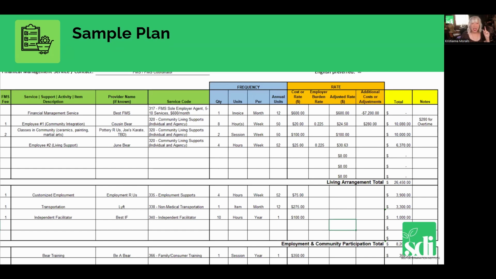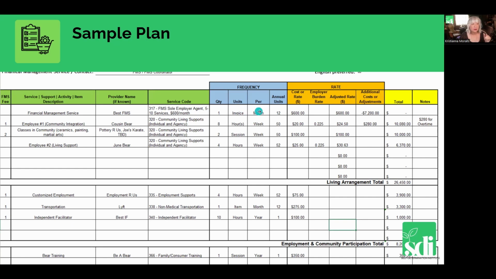Most of the regional centers want to see what rate and what model your financial management service is. Remember, we're going to talk about that in detail next month. So they know what to pay them, what you're agreeing to. Some of them have it in other forms or other ways, but in general, they want to see. Now, remember, the financial management service costs do not come out of your budget. So the first line on all of mine is who our financial management service is. We're using the best one for this one.